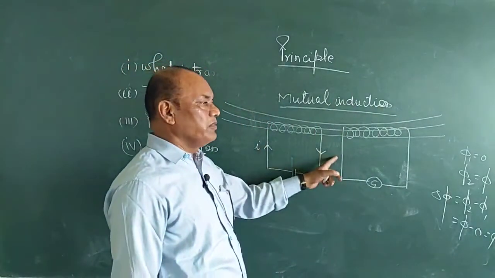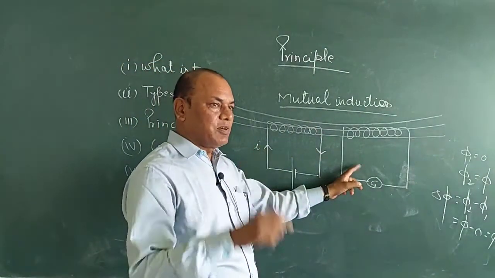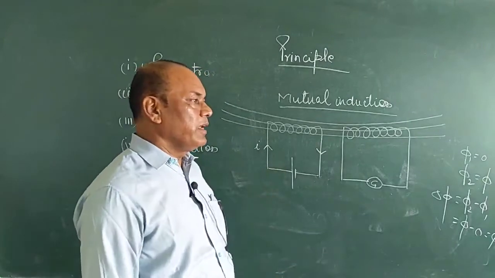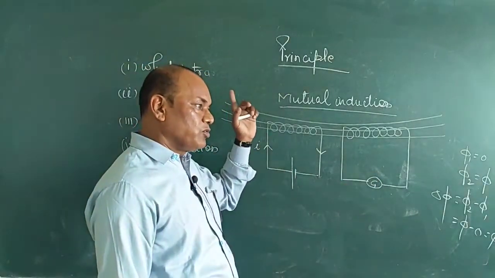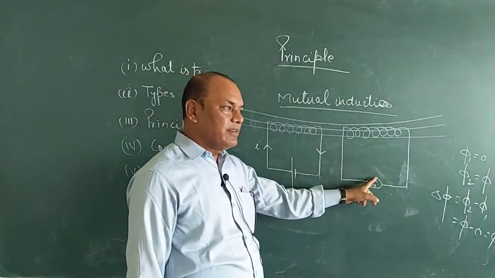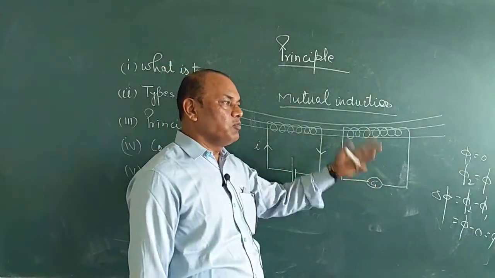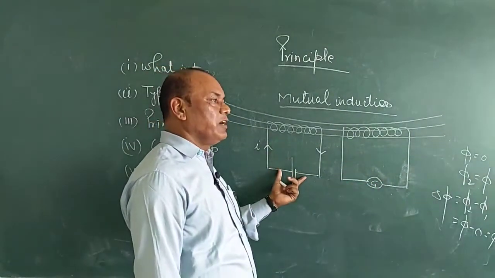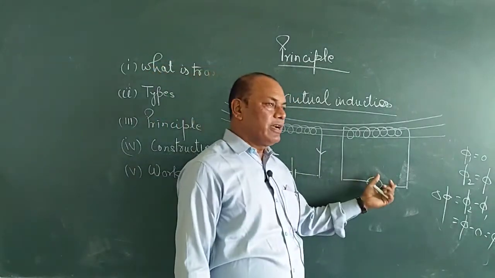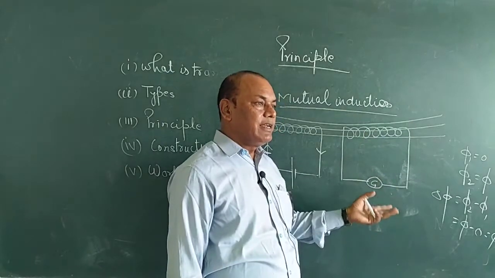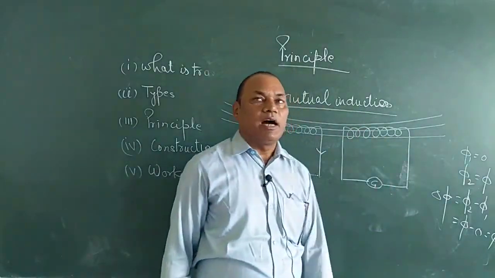So on the basis of this principle, we take two coils to construct a transformer. One coil is called primary and the other coil is called secondary. The primary coil is attached to the main supply and we find the result on the secondary coil. So this is called input and this is called output. If any voltage is given to the primary coil, it is called input voltage, and whatever increasing or decreasing voltage we get on the secondary coil is called output voltage.